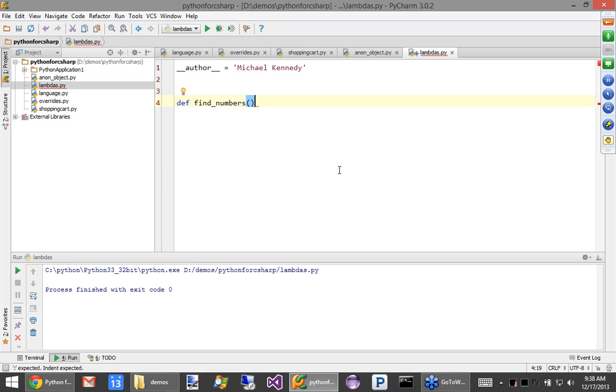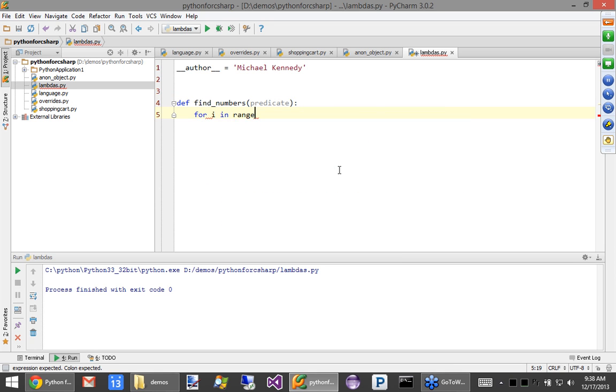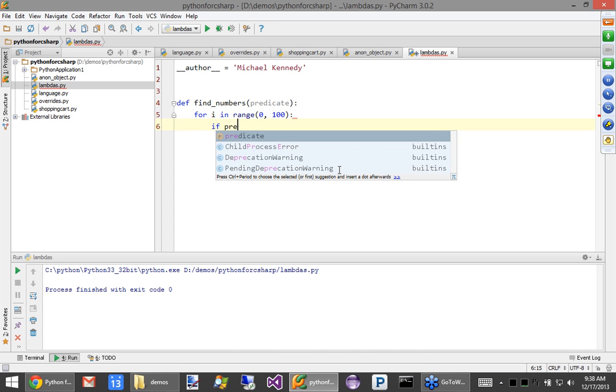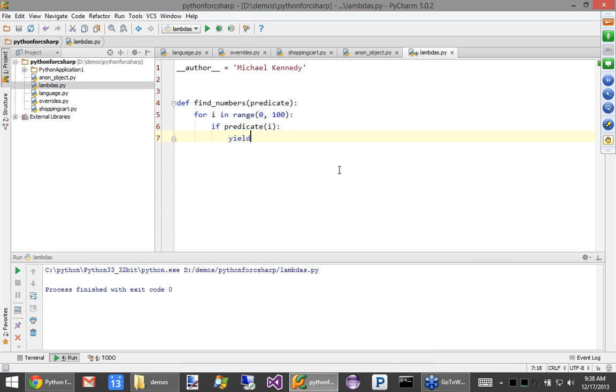And I don't believe it took any, no, it took the predicate. So predicate comes in. Now, let's just say this. We'll say for i in range from 0 to 100. It's a simple way to do it here. We'll say if predicate of i, yield, let's just say yield i. We'll talk about yield return in a moment.